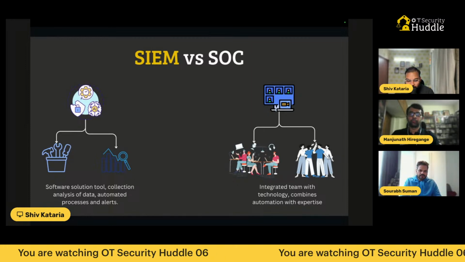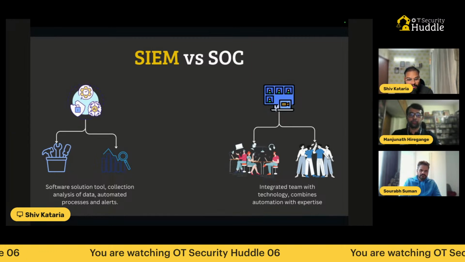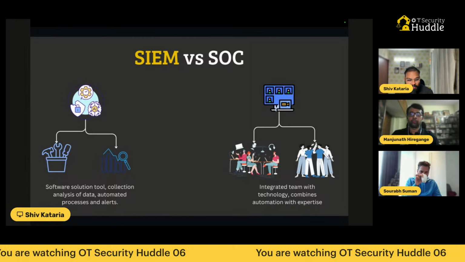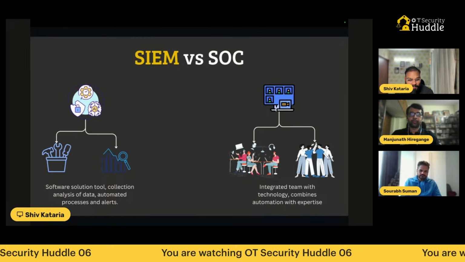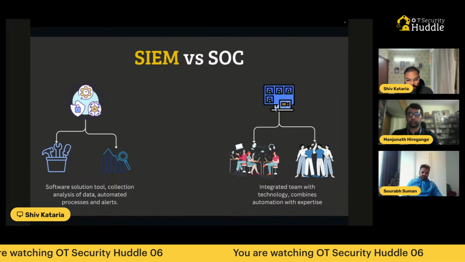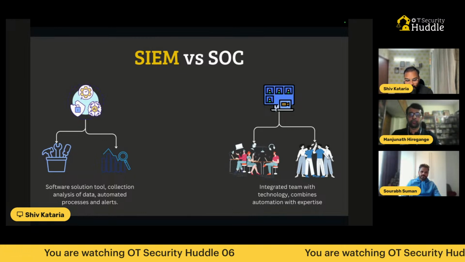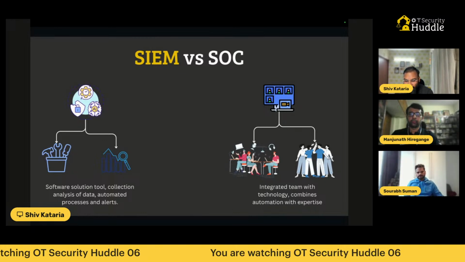Yeah, okay. A very wonderful point, Saurabh. Maybe I just interject. This is the first preliminary concept that people get confused about. What is the difference between SIM and SOC? So yeah, this makes it clear that SIM is a solution tool, whereas SOC is the expertise and the investment in the people,